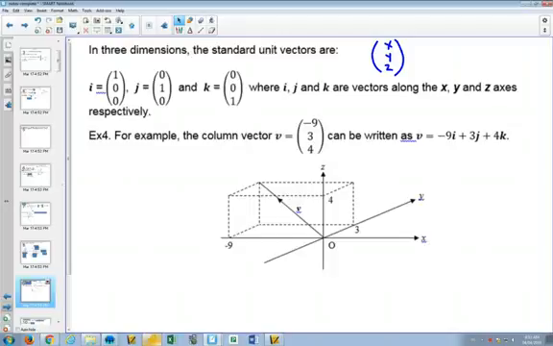So what you have to kind of imagine is you've taken a piece of paper. Let's take out a scrap piece of paper here. And you write your x and y axes on that scrap piece of paper just like you have before, right? And you put that on a table and you add another one that's straight up and down. Now when you're drawing it in 3 dimensions, what you have to do is start with your x and y axes and kind of imagine you've put it down on a piece of paper so it kind of